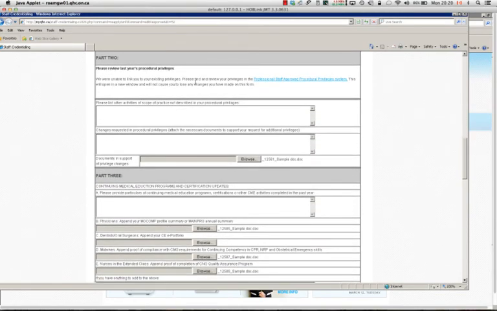And it asks you to please review last year's procedural privileges, and by going to this website you will be able to see the procedural privileges that we have listed for you. This applies particularly to surgeons or those who do different types of technical or surgical procedures. You click on it,